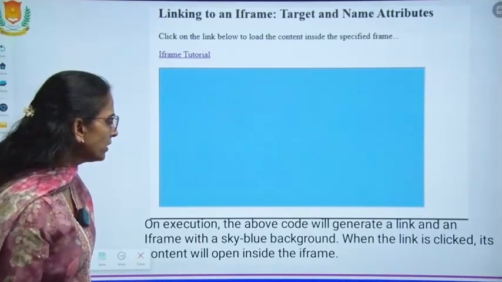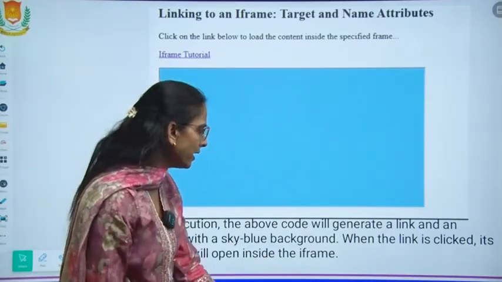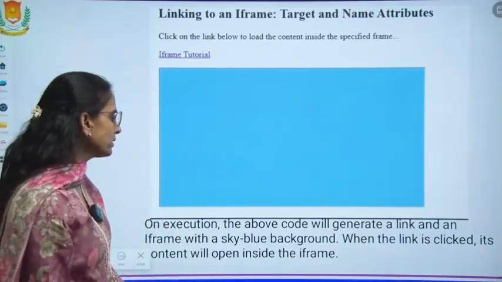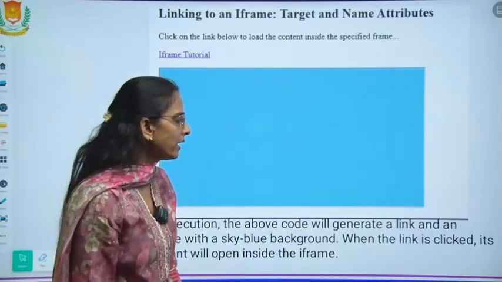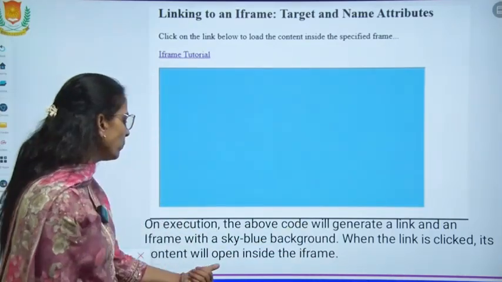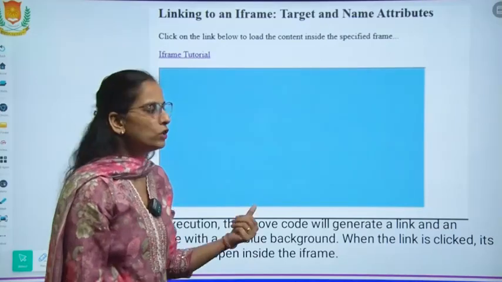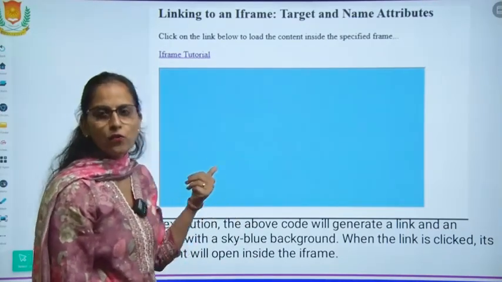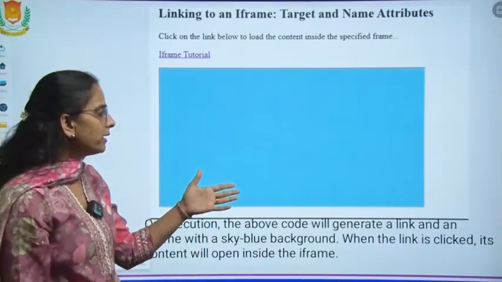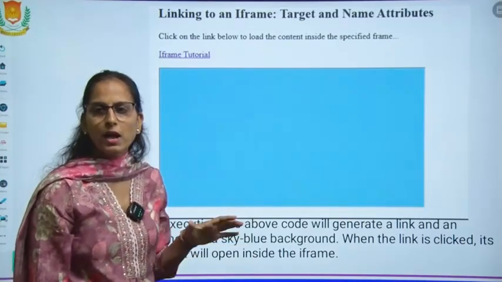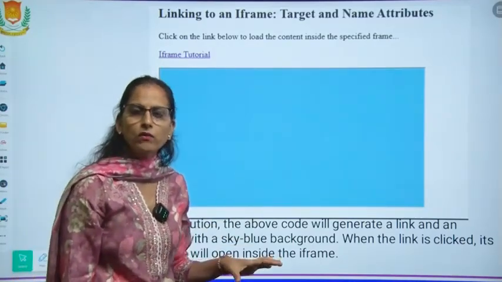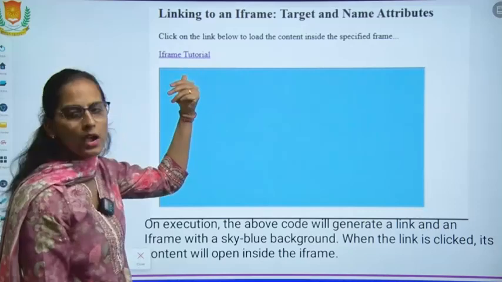On execution, the above code will generate a link and an iframe with a sky blue background. When the link is clicked, the content will open inside the frame. So what is done in this? We have created a frame within our web page, and along with the frame we have created a hyperlink.